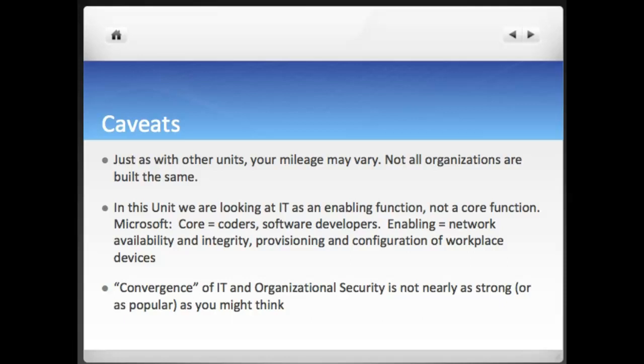In the first bullet point here, well, these are a few caveats. There are some limitations when we look at this. And the term "your mileage may vary." Some of you may remember a big push in TV advertising on cars where they had to put the mileage that you expected for a while. I don't know if it's even a thing. It may just be in the fine print now, but it used to have to be a major thing in a car ad that this is what you would get in the city and this is what you would get on highway. And it always said your mileage may vary.